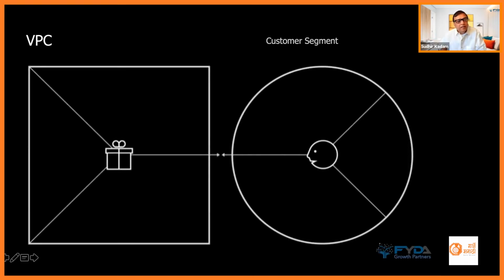And the other thing that I want you to do also, because this is an ongoing exercise, is when you look at your customer segment, when you define this customer profile,